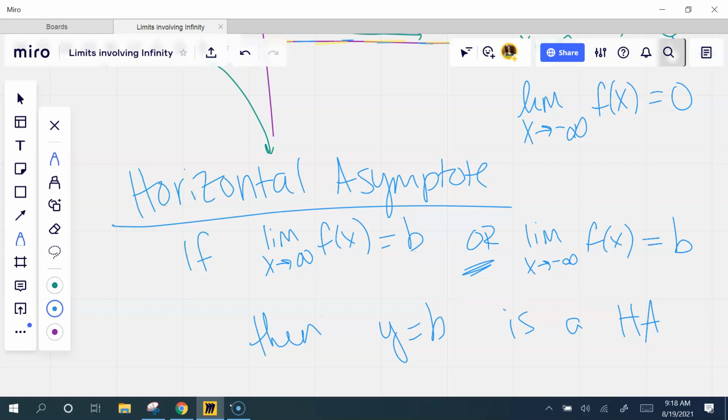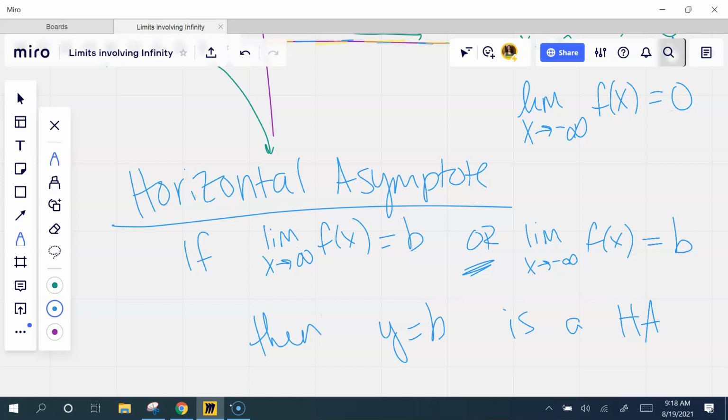And you will have questions. How do you know there's a horizontal asymptote? I know there's a horizontal asymptote because the limit as x approaches infinity is a constant. If the limit as x approaches infinity of this is some value, what do you know about the graph? Well, I know that because the limit as x approaches infinity is that value, there's a horizontal asymptote at that value. Does that make sense? It's just the definition. That's how we define it.